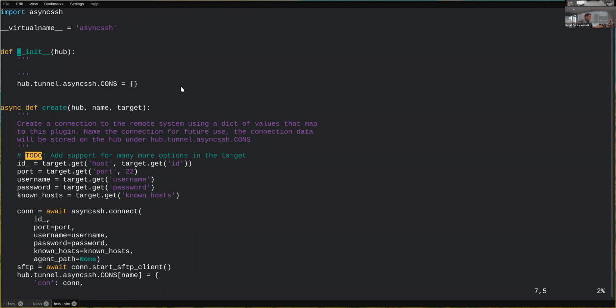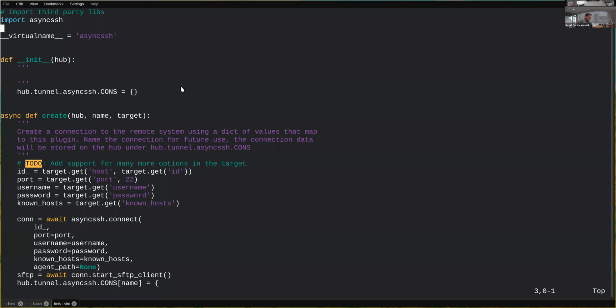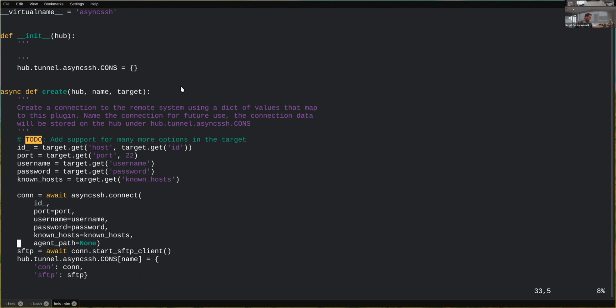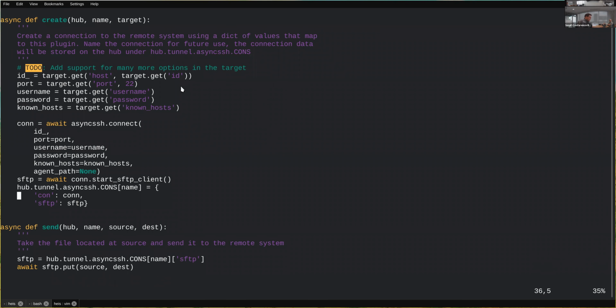And again, just to cover my bases here, this is using async SSH, and oh my goodness, look at how incredibly easy this is. They already support virtually every type of authentication medium that can happen in SSH. They already support all of the nuances of different SSH versions.